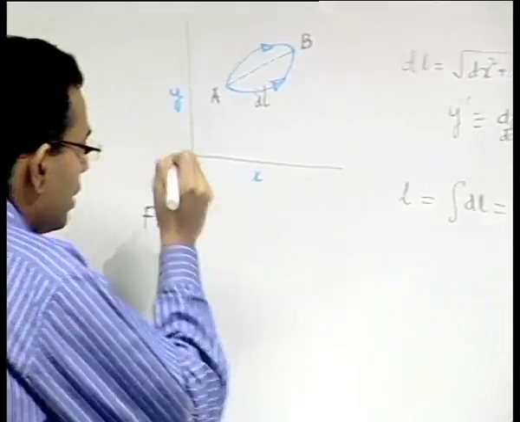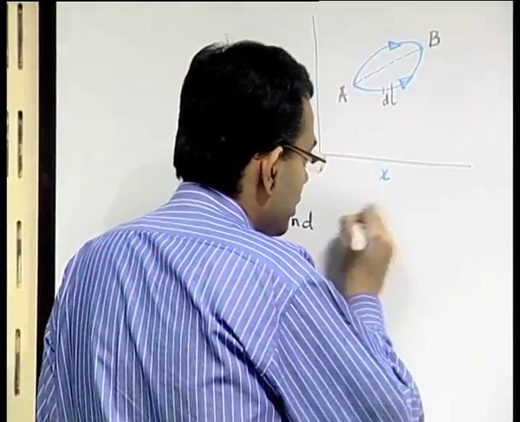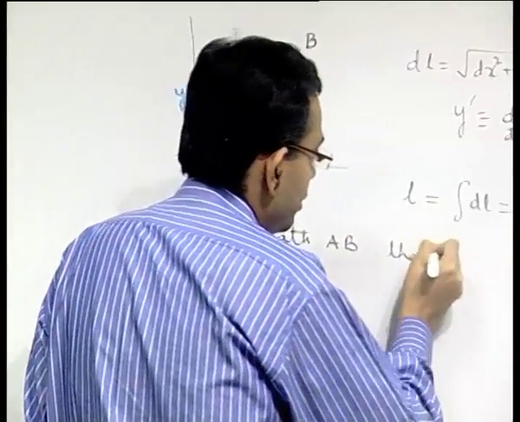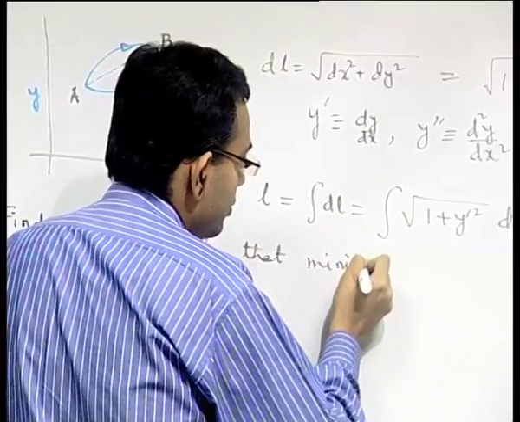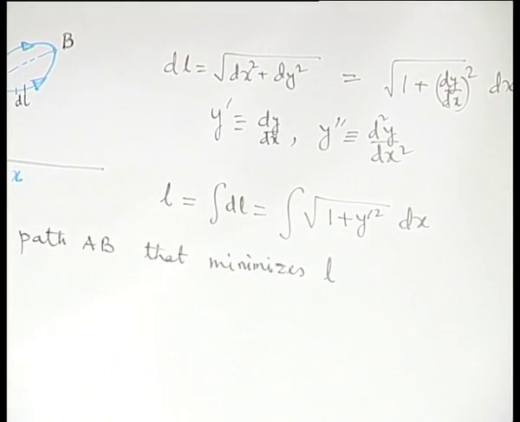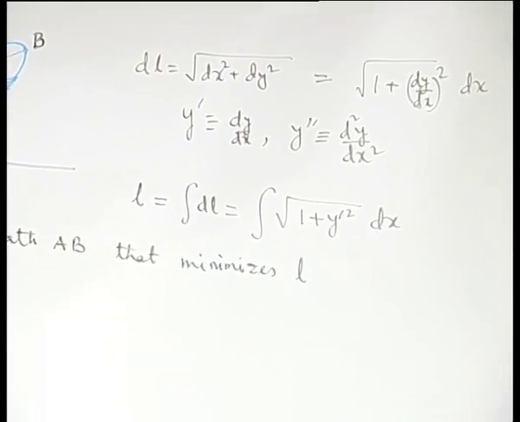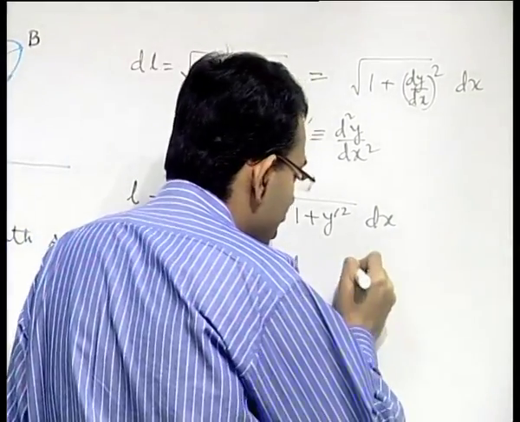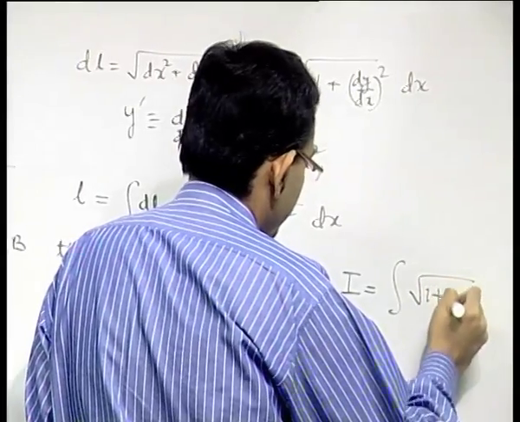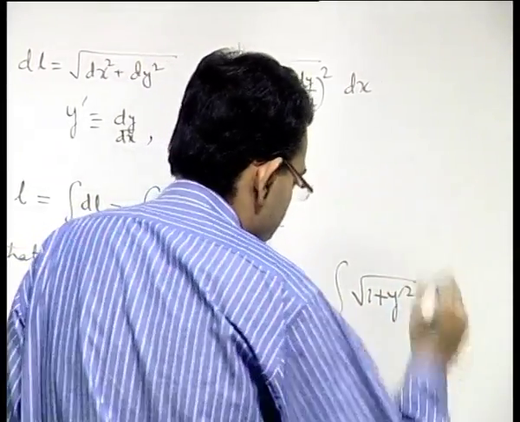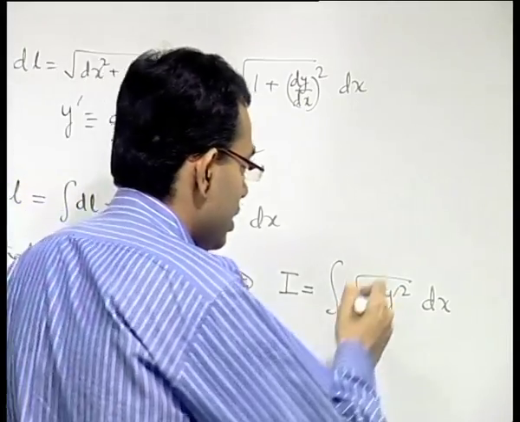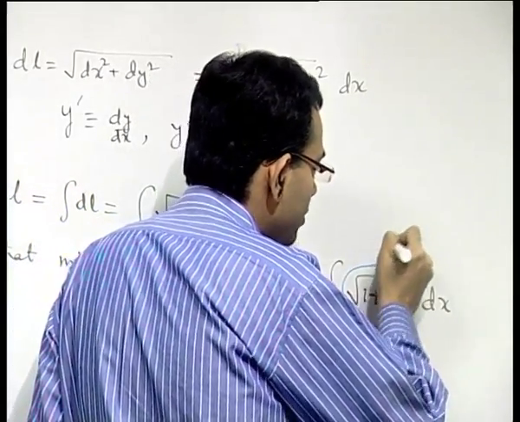and the problem statement therefore becomes: find the path AB that minimizes L. That is the formal problem statement, or equivalently here it minimizes this integral. This integral involves